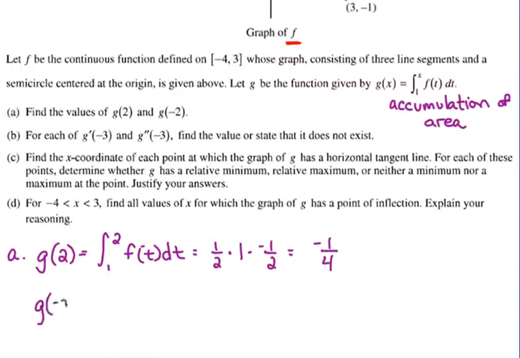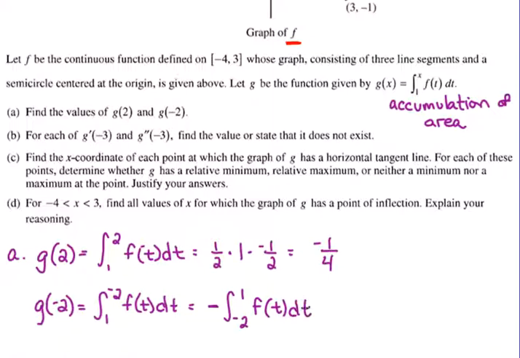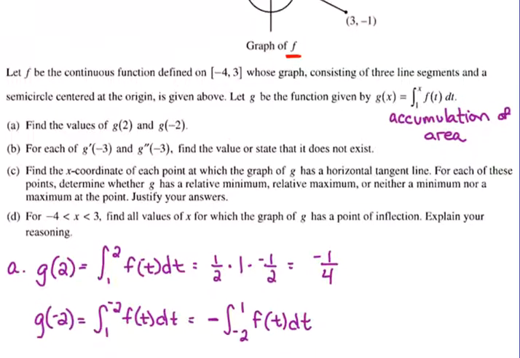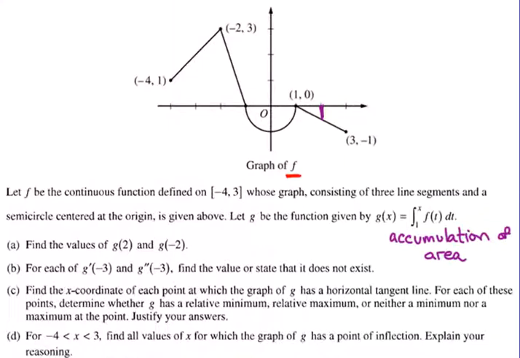G of -2. So that's the integral from 1 to -2 of f of t dt. Now, me personally, I don't like when my limits are backwards from where they're supposed to be. So I'm going to stick a negative in front of this and flip my limits around so that I don't have to try and think about, okay, well, this is negative area, but because I'm going backwards, it's really positive area. I would rather just look at it left to right and change the sign of everything at the end. Okay, so let's go left to right. Starting at -2,